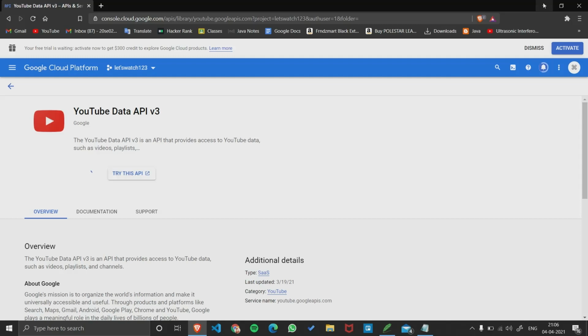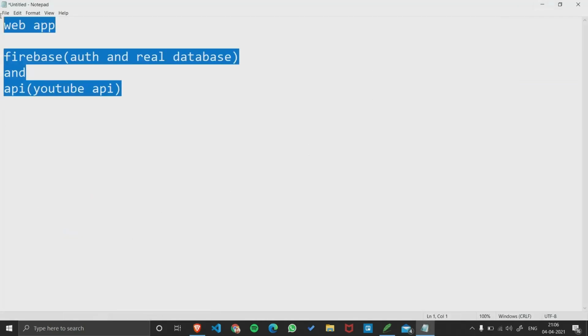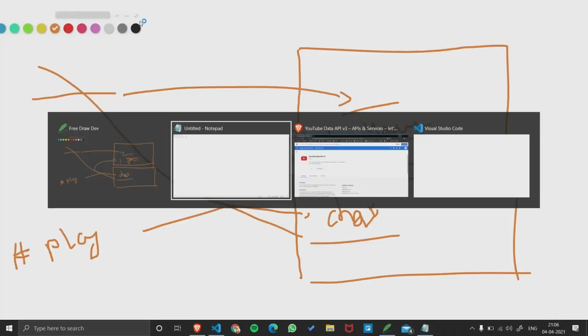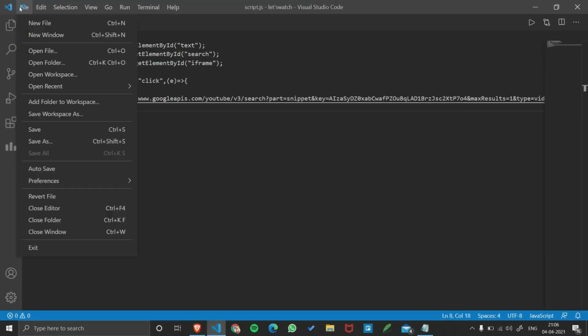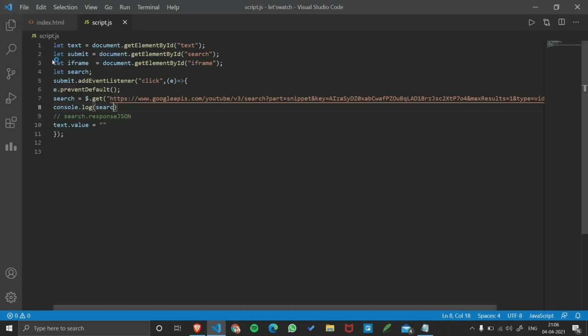Let us create the file first while it's taking time. Let me clear this. Okay, I'll go to File and open a new folder.